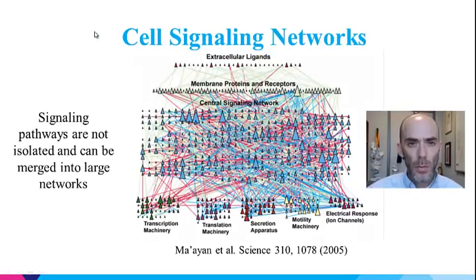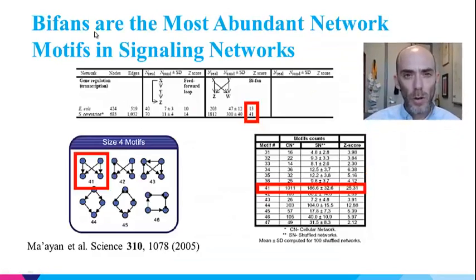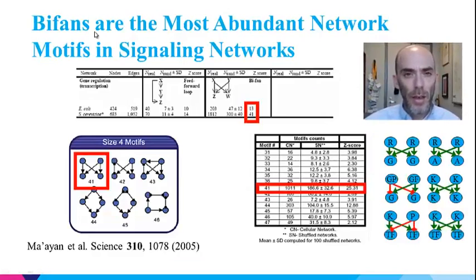So I showed you this network before in another slide. This is the cell signaling network that we extracted from literature for my thesis. And we found some interesting properties in this network that include enrichment for the Bifan motif, which was highly enriched in this particular network. And to explain why this Bifan motif is so enriched, we looked carefully at what are